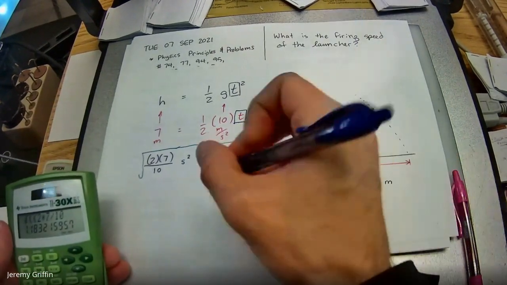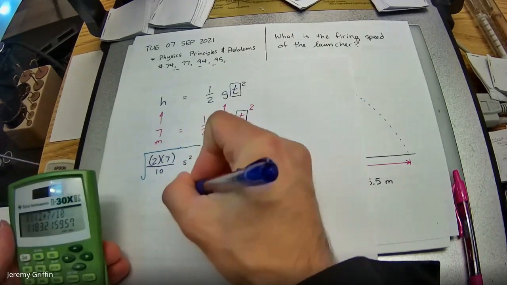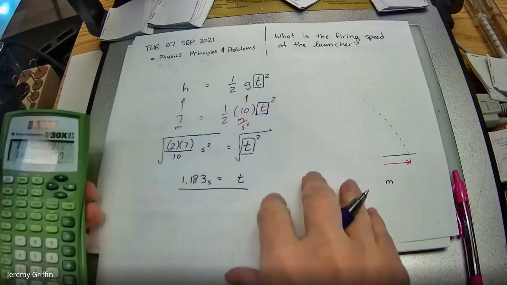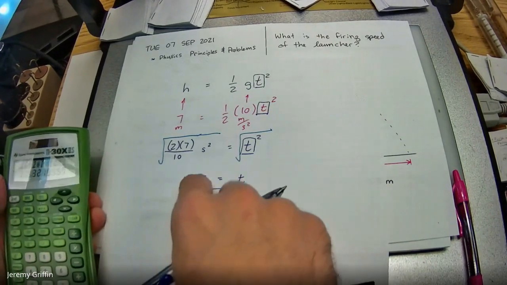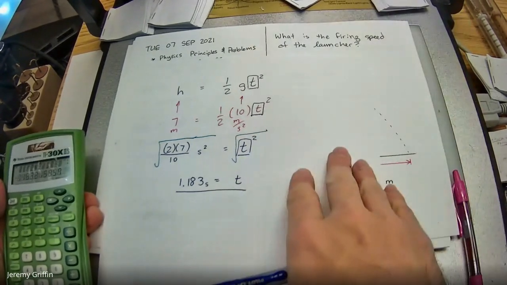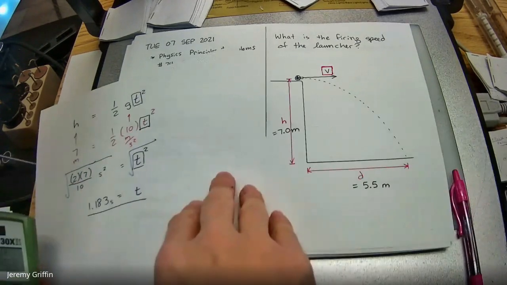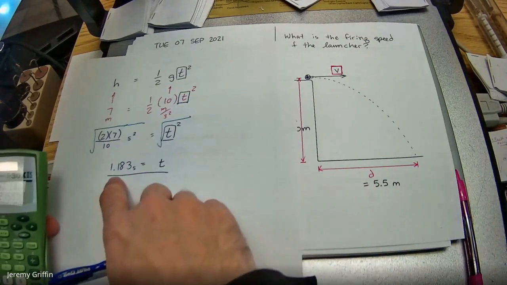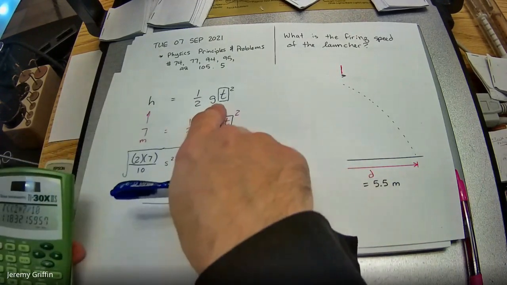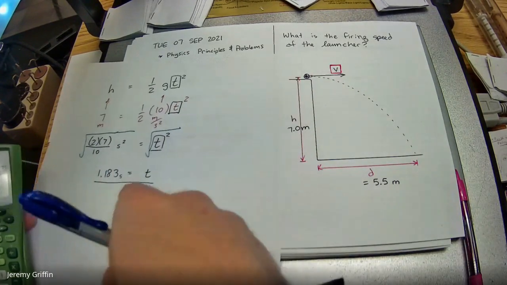Okay. That's telling me the falling time was 1.183 seconds. Now, that's too many digits. That's way too precise, but I'm keeping them anyway just because that's a middle step. So I'll save the rounding for the end. But about a second. Can I believe that? Well, guys, on Earth, how far does anything fall in 1 second? 5 meters. Yeah, 5 meters. You guys remember that? 1/2 gt squared, plug in 1 second, falls 5 meters. And this is a little bit more than that. So yeah, this looks reasonable. I can believe that.